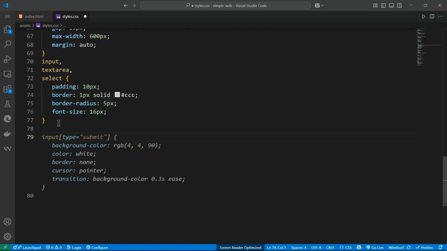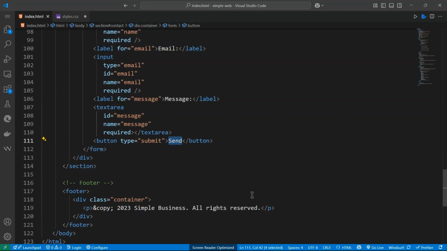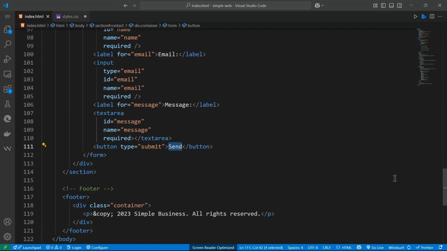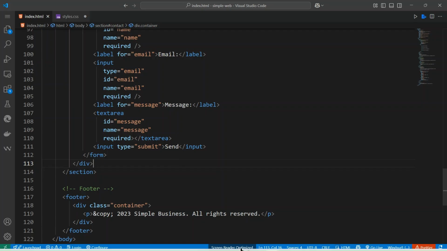If you want to target the button, or you want to target the input, input with the type of submit. What does that mean? That means this one could be an input. You can say this is an input and the type of submit. So automatically this will become like a button. If I save that,